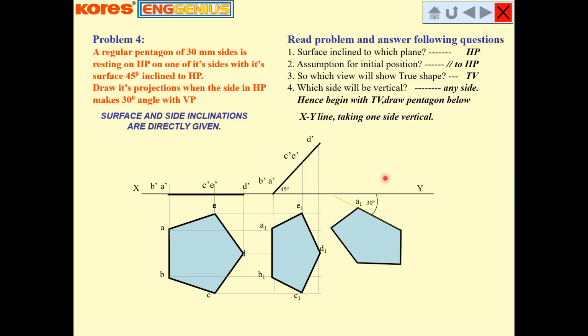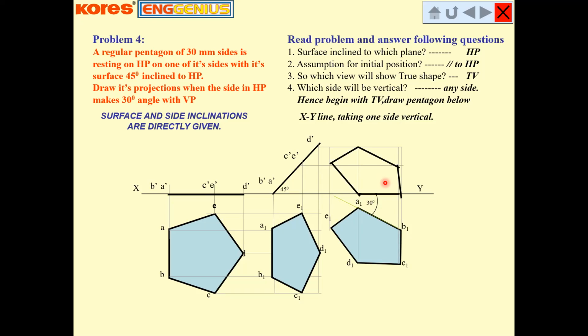So at 30-degree angle, we have regenerated the top view. After regenerating the top view, we need to take the vertical projection in the upper direction and the horizontal projection from the previous front view, and find out the new location of the points. Like a projection from A and A dash will give you the new location of A dash. Similarly, B and B dash projections, wherever they two are intersecting with each other, will give you the new location of point B, and so on up to point E, and you can find the final front view.